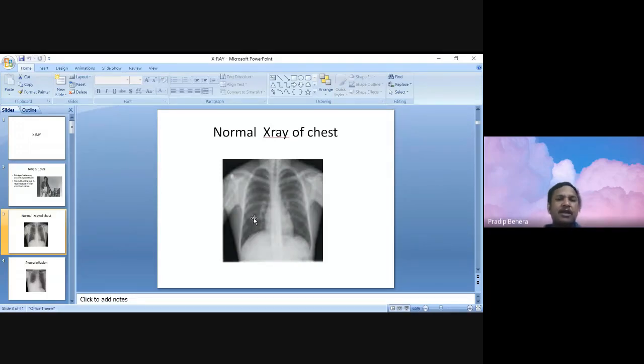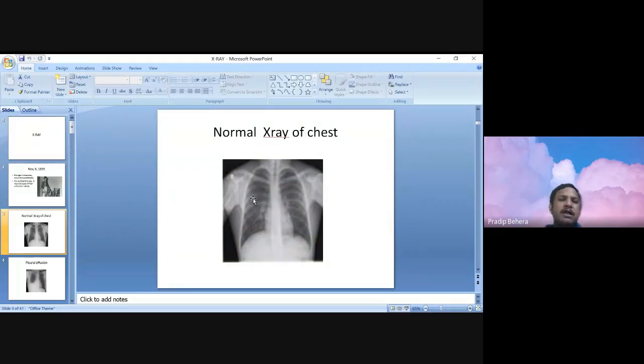But when you clinically examine, those are the areas we call interscapular area, infrascapular area, and then anteriorly we say axillary. So that is the area here we define as zones. You have to look for the pathology in both sides, in upper zone, mid zone, and lower zone. So you describe that there is a homogeneous opacity or a non-homogeneous opacity, there is fibrosis, there is some lesion in right side upper zone or right side mid zone and lower zone. Because accordingly we can convert it into anatomically which part of the lung is affected.